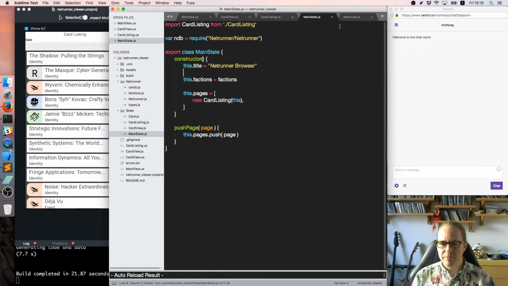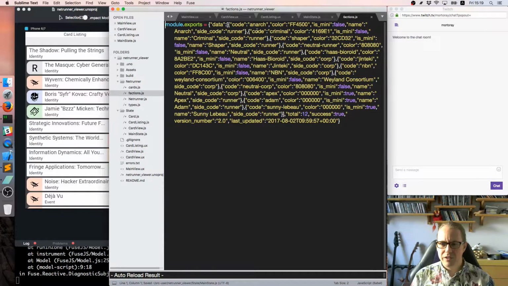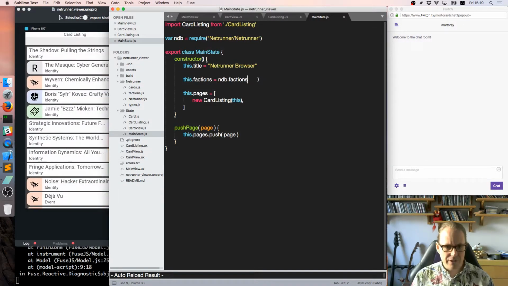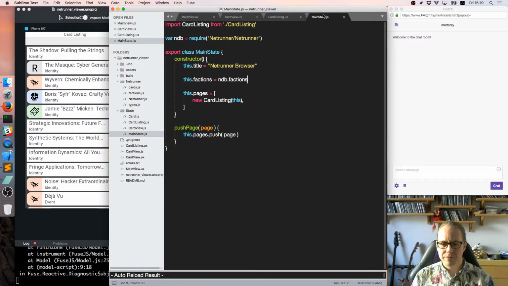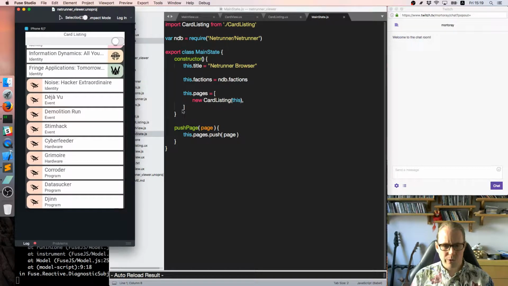Have we perhaps not added a name to the factions? That's quite possible. Let's actually look what's inside the factions file. Is there a name? There is a name. It's supposed to have a name. So if I say factions there, main view factions, there should be a name. Now I need to figure out where it went to. ndb.factions. Where did it go? It should just be there. Well,